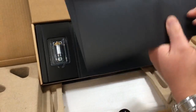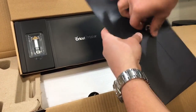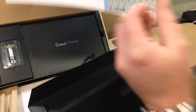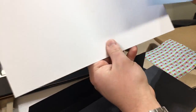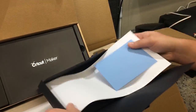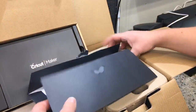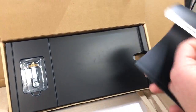So, materials for your first project. It's got a little Cricut sticker on there. And so you have fabric. New box opening smell. Somebody's asking. And 2 pieces of cardstock. So, I'm sure there'll be a project. Well, we're going to put that back. And then you also get what looks like...